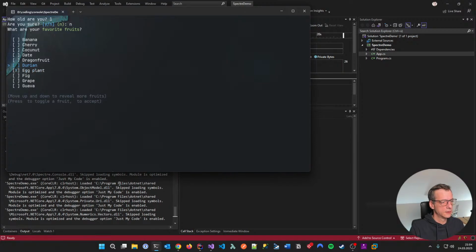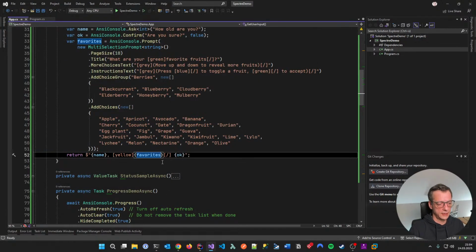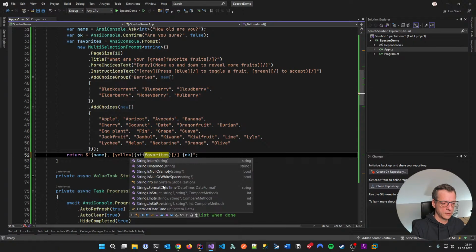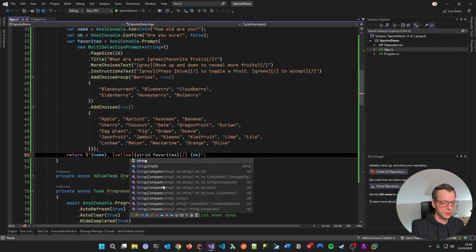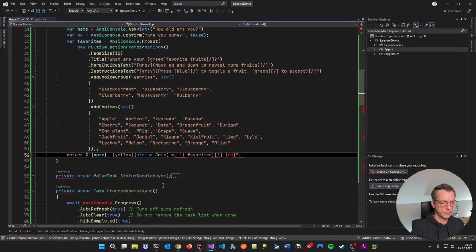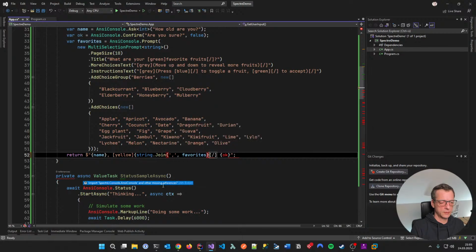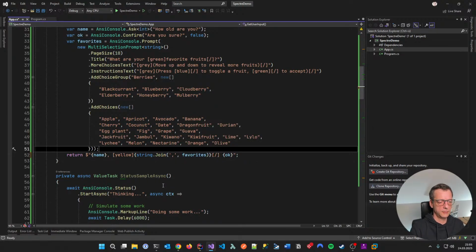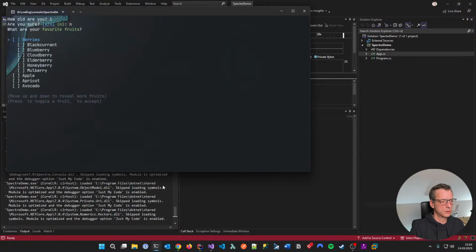Guys. This one, that one, and this one. Choices, level, oh, nice. String join. Is it? String dot join with the separator of boom, the favorites. Typing. Okay, let's do it. One, no,